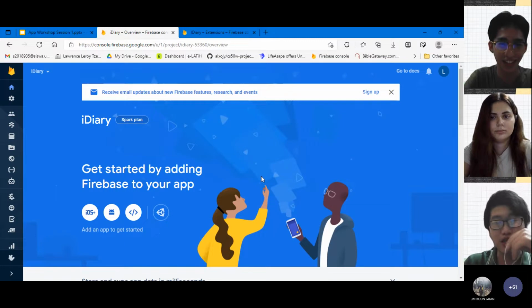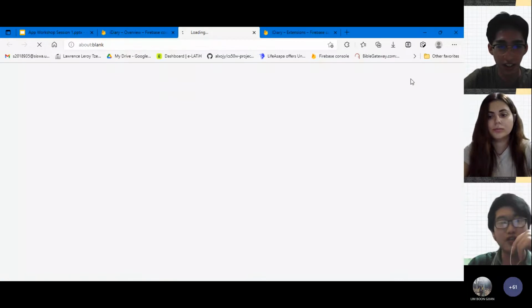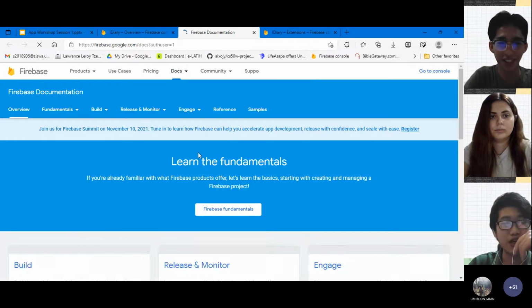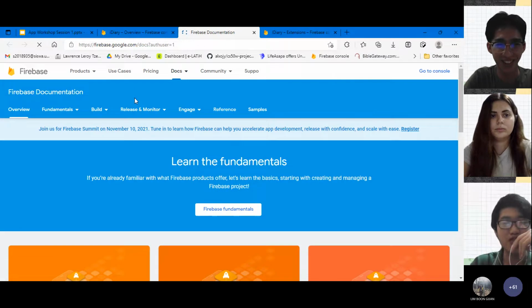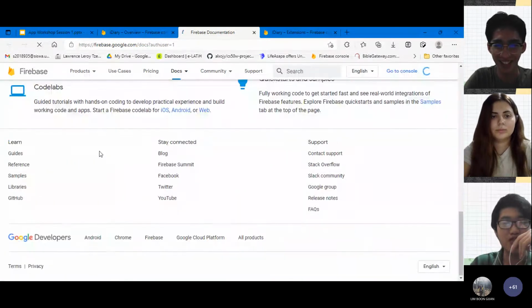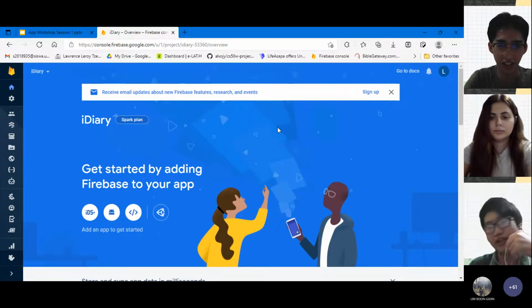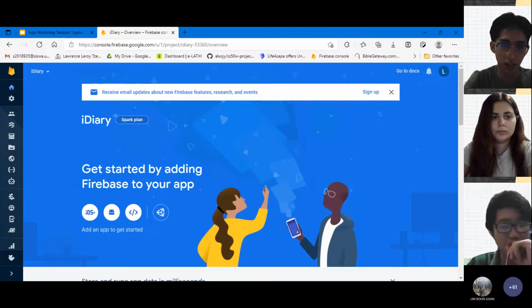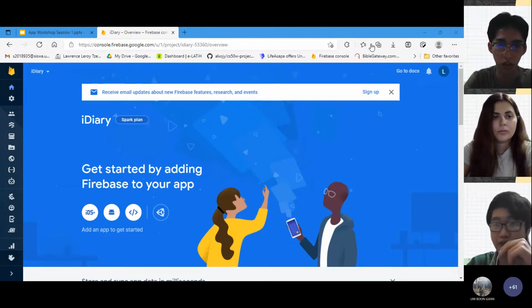Okay, with the walkthrough of the Firebase console, to be honest, I think I've just scratched the surface. There's a lot more for you to discover. You can click on go to docs and there's tons of information here. You can spend your time reading it or watching it on YouTube. The internet is flooding with information about Firebase. Just get out there and explore more about it. It's beaming with potential. Now that I've talked for so long, I will first stop my screen.